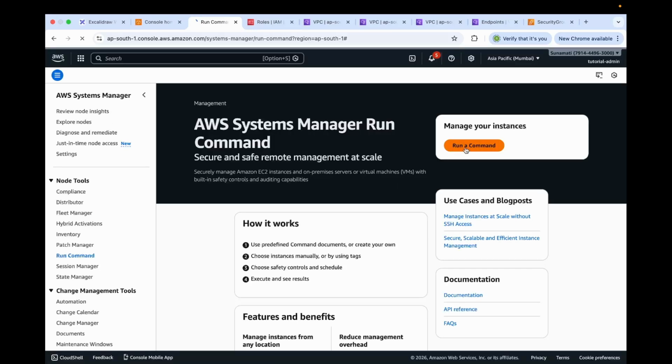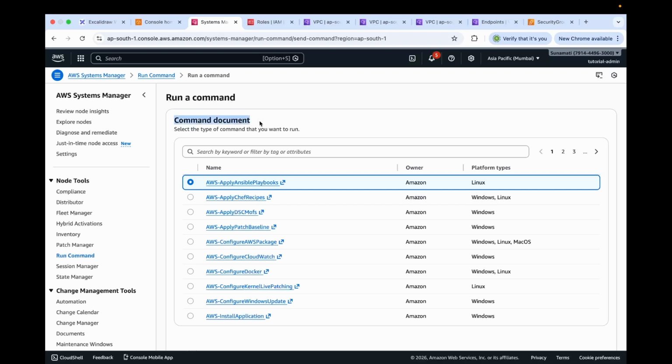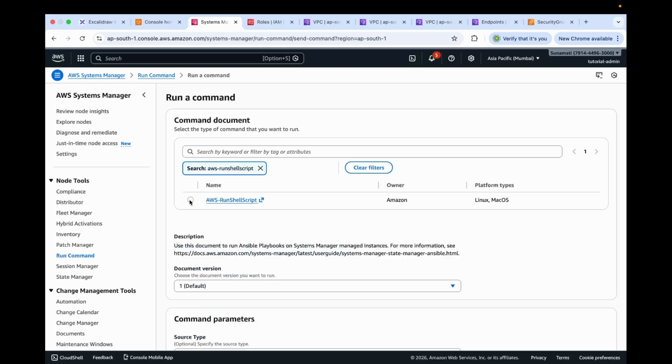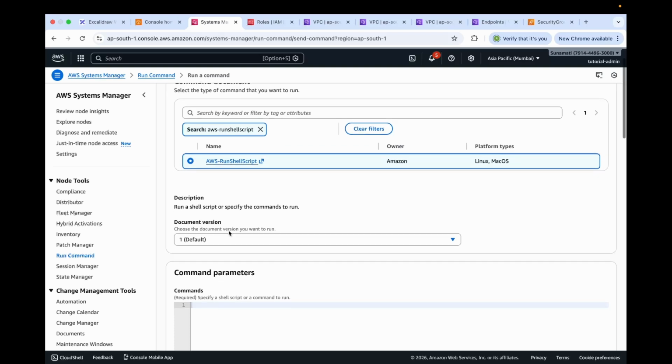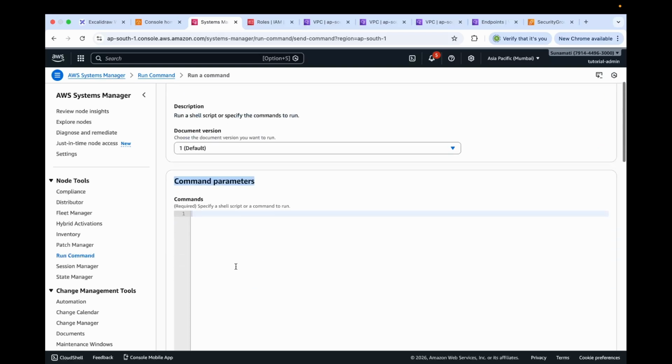Click Run a command. Under Command Document search, let's search for AWS-RunShellScript document. Let's select this AWS-RunShellScript. Scrolling down to the commands parameter, let's specify a command. So you might be wondering what this command does. It shows the host name, so we can see which instance is responding, and also shows uptime, and we are using